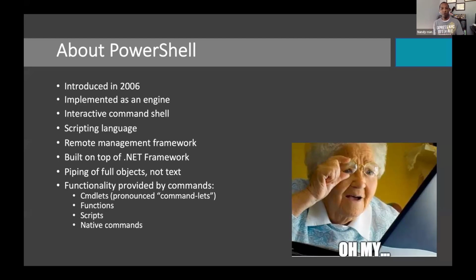So if we found ourselves in, let's say, a traditional command shell or bash, and we're trying to slice and dice and get a particular piece of data, we may find ourselves, specifically from bash, using sed, awk, and cut, and then, oh man, what if we're off a little bit? We find ourselves doing it all over again. But with PowerShell, we can select the very property that we care about, and it will return that because everything is an object for us.